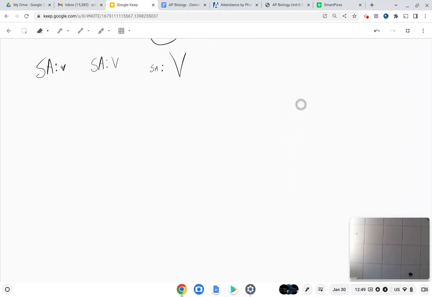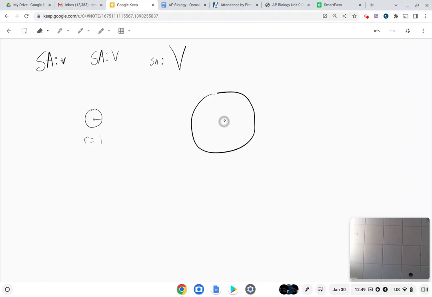You might have something like this. A cell with a radius of 1. One what? I don't know. Just 1 unit. Don't worry about it. And then it wants you to compare that to a cell with a radius of 4. And then the question says, calculate the surface area to volume ratio for each of these cells. So you would first need to look up the surface area formula, which is 4 pi